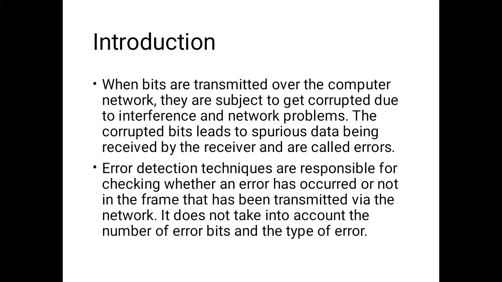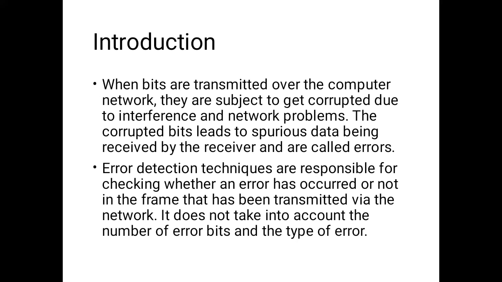So the receiver has to find first whether there is an error or not, and the next step is to take correction into account. The important point here is that it does not take into account the number of bits and type of error. It will only detect the error, that's it, there is an error, but it will not define how many bits were transmitted wrongly and what type of error is present. All this is not considered. It will only tell you that in the data you have received there is an error, and there are different methods to identify that error and different codes to correct it.